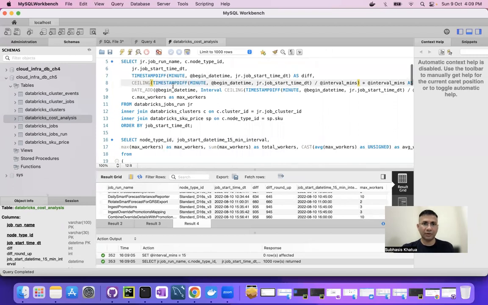J or job run dot job run name. C is cluster table dot node type ID, that is the SKU type. Job start time in date time format, that is coming from jobs run table. Apart from that, what I'm doing is using this MySQL-specific function here, timestamp difference in minute